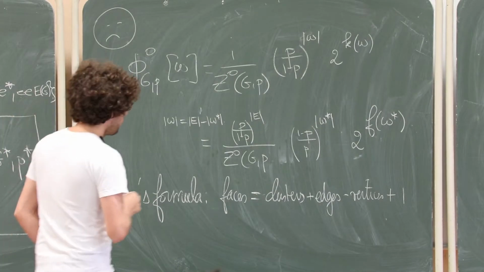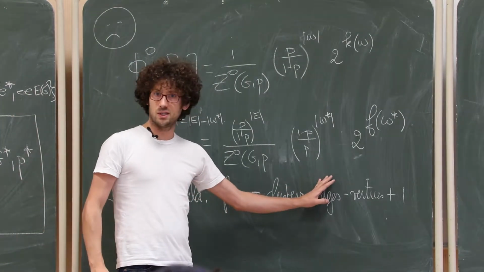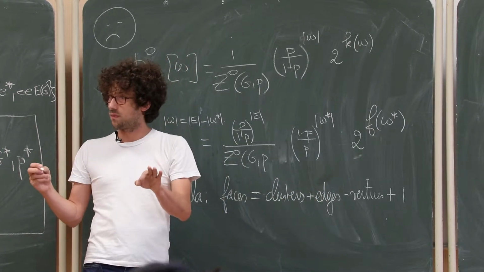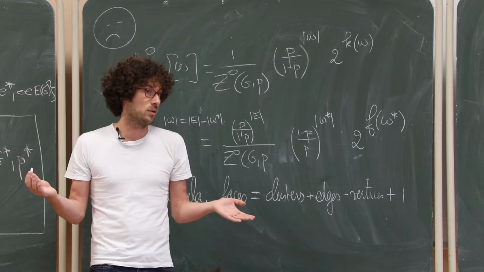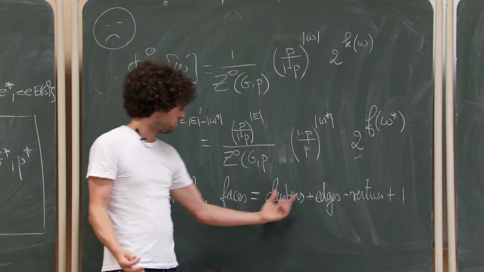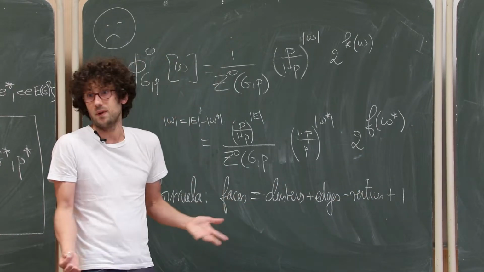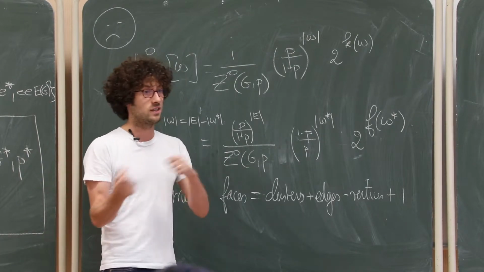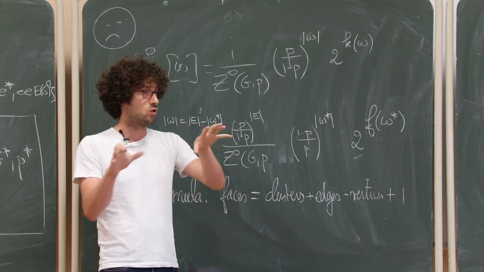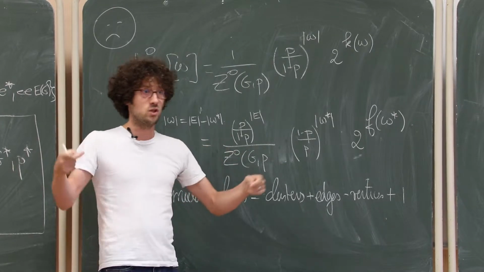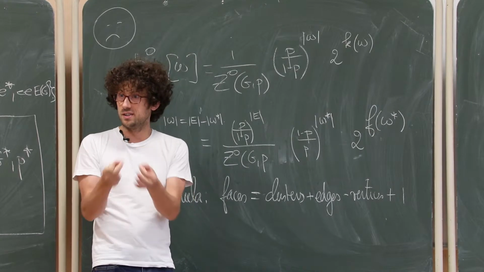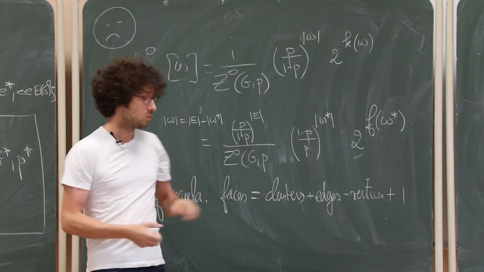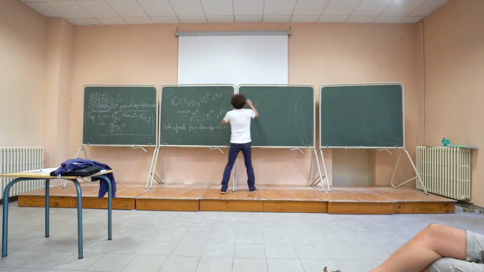And notice, if you have 0 edges, it's a very simple formula to get, because if you have 0 edges, it means you have isolated vertices. So you have as many vertices as connected components in your graph, as clusters, right? So this minus this cancels, and you get indeed one face, which is the complement of your points. And then when you add an edge, you just distinguish between the case where you add an edge between two disjoint clusters, or when you add an edge between two vertices that already belong to the same cluster, in which case you create a face. So that's a very simple observation, a simple formula.